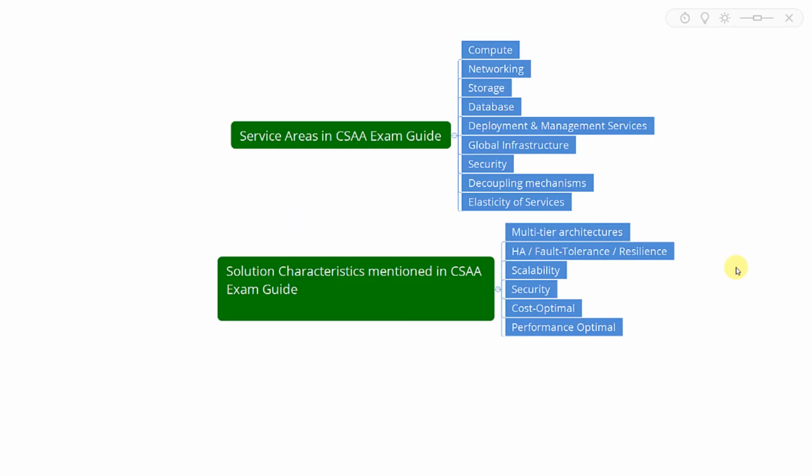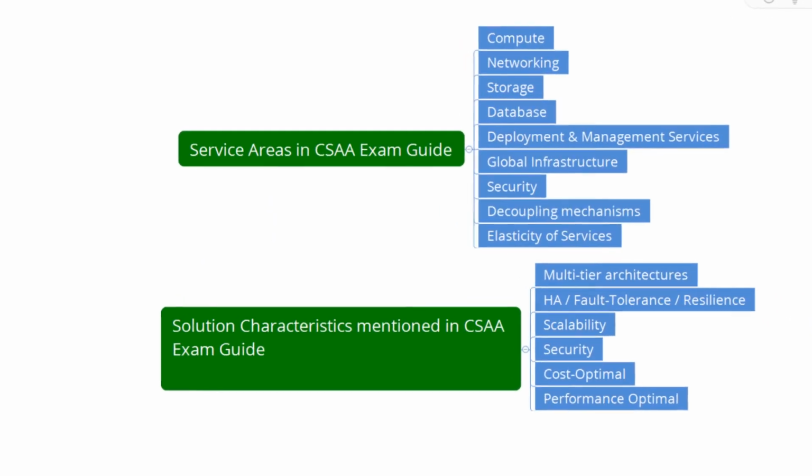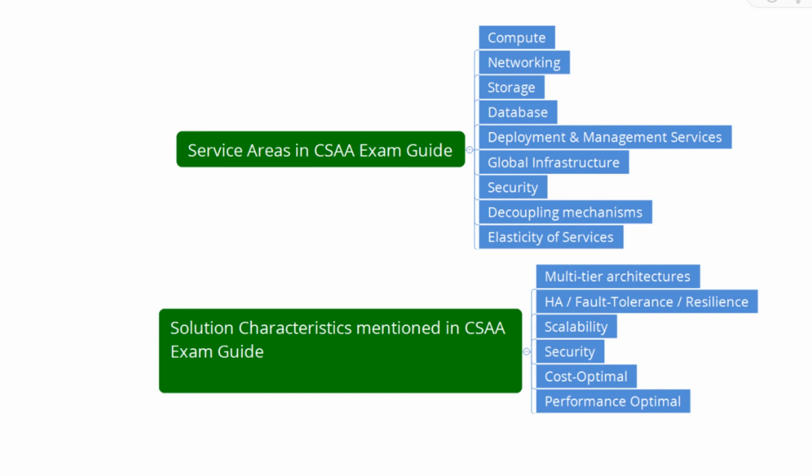Now, there's a lot of areas to learn, and it's important to know how to prioritize the areas and spend more time on the ones that are more important. If you look at the exam guide, the CSAA exam guide, the service areas that are marked as priority areas are compute, networking, storage, database, deployment and management, global infrastructure, security, decoupling mechanisms or app integration mechanisms, and elasticity of